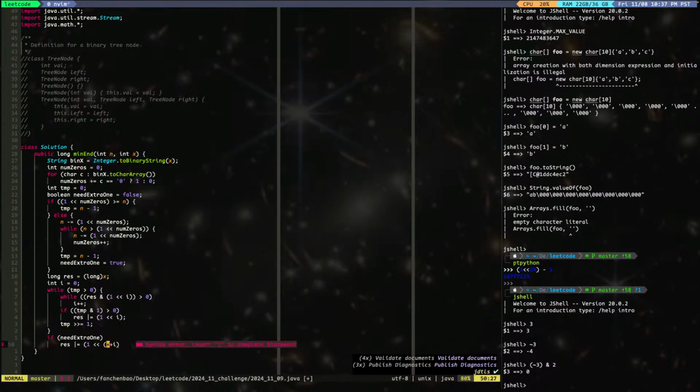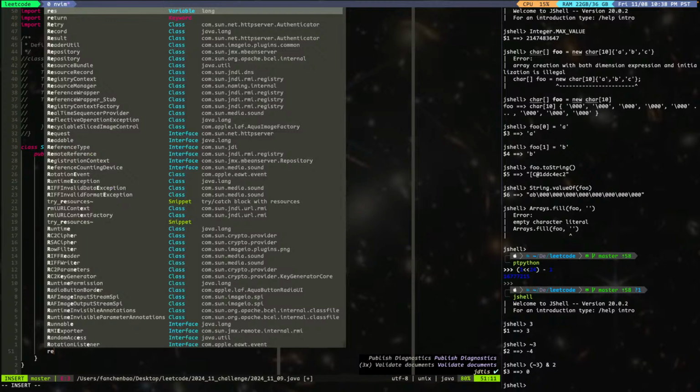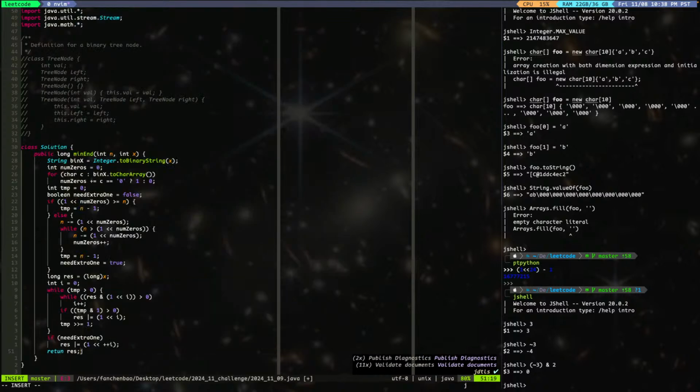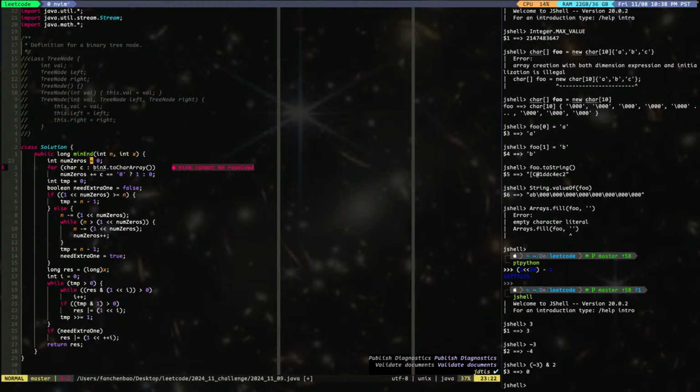I'm pretty sure plus plus has a higher order compared to left shift, so we can do that. Once we do that, we'll return res. Okay, so if that is the case, right, we don't need to, we just need num of zeros, right? If we need num of zeros, I can get num of zeros by doing